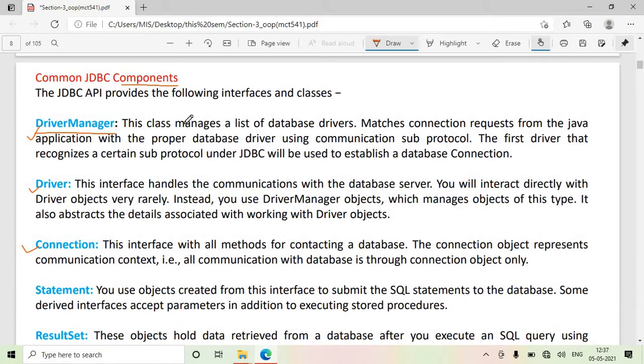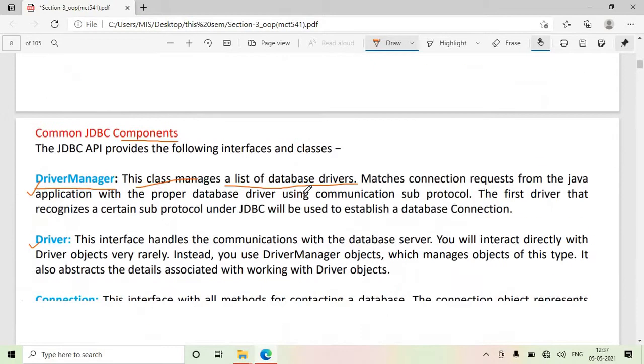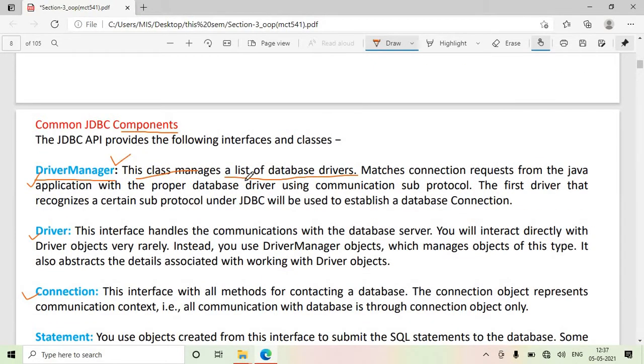Driver manager is a class which manages a list of database drivers. It sits here and manages all kinds of drivers. For the database to which you want to connect, the driver manager will select the appropriate driver and manage it.